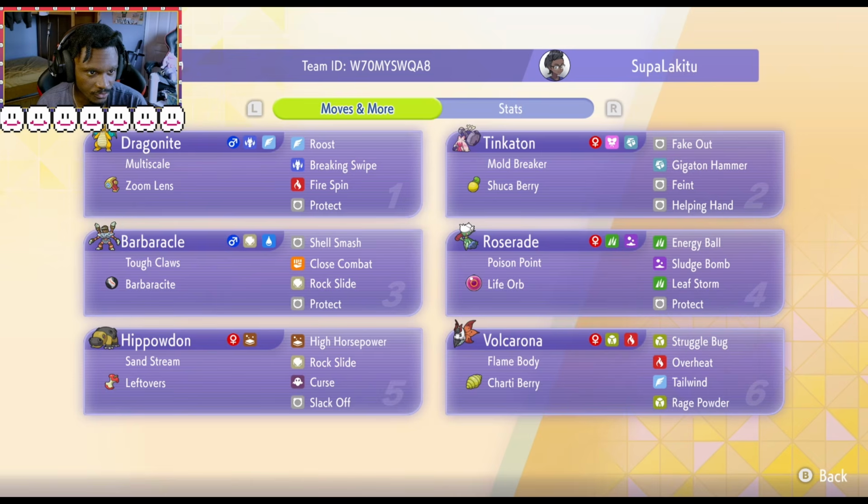So we're going to skip back up to Dragonite here. And shout out to Jamie Boy for this Dragonite set in particular. So in the last video, I did use Zoom Lens on my Meloetta to somewhat decent success, but the main reason why I've been so fixated on Zoom Lens lately is because I wanted to try out a trapping move with the item, and Dragonite just happened to fill the role of not only being immune to Ground-type moves